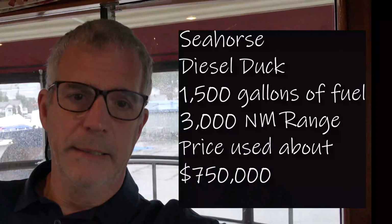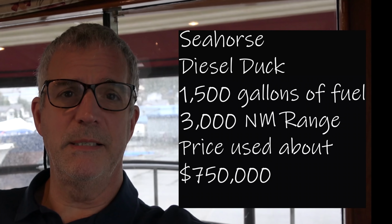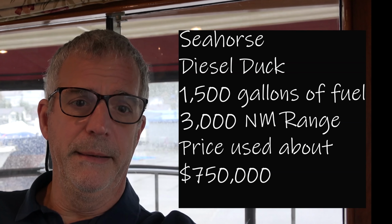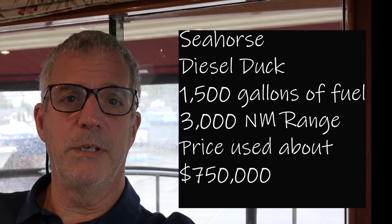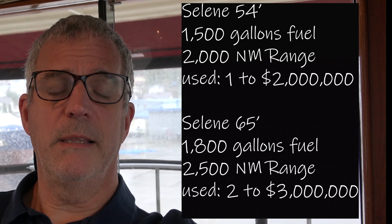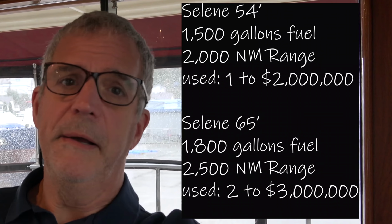Another one would be the Seahorse Diesel Ducks. They're interesting steel trawlers. Most of them have a big sail on them, though I've never seen one with the sail up. And some of them have the larger ocean-capable fuel capacity. Another one that comes to mind is like the Selines. They're much like the Nordhavns. There's probably lots of possible boats out there that are other options, but I think those are the most common ones